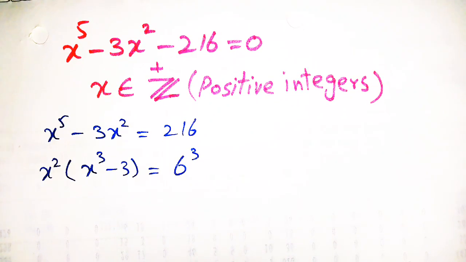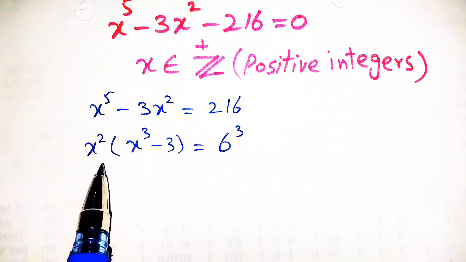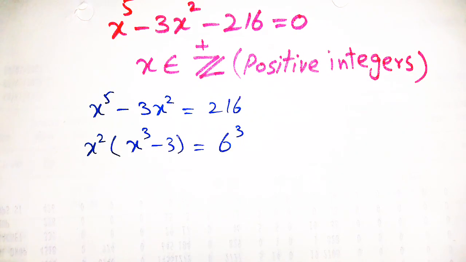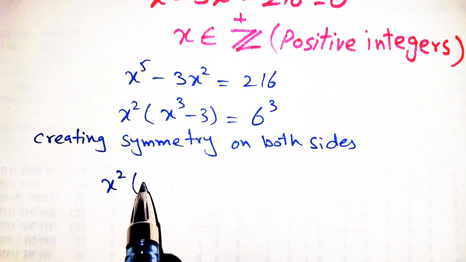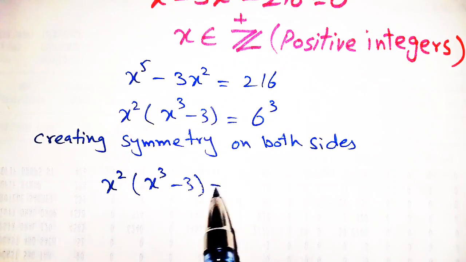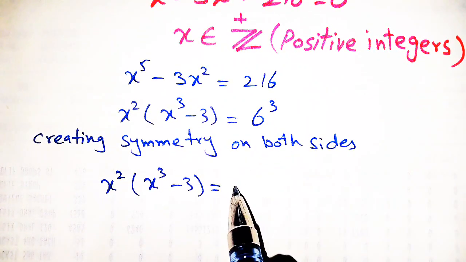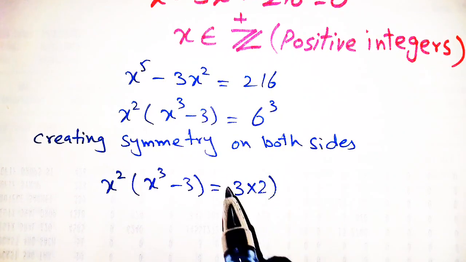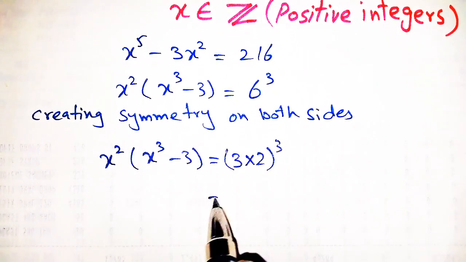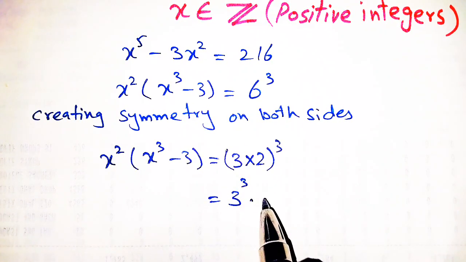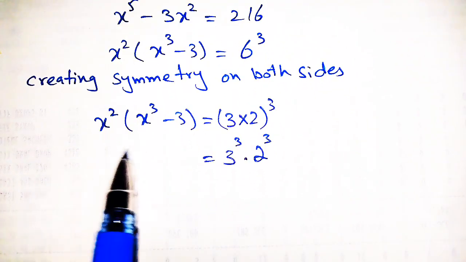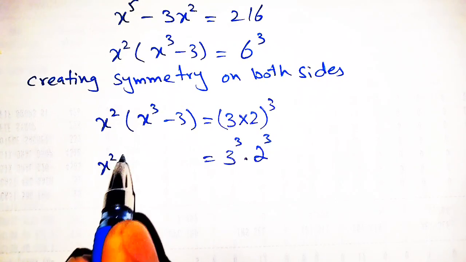Now we will find the roots by creating symmetry on left hand and right hand side. For this purpose we will break this 6 raised to power 3, so we can write the given equation as x square times x cube minus 3 equal to, this 6 can be written as 3 times 2 and whole raised to power 3. Now taking the power separately, 3 raised to power 3 times 2 raised to power 3. Now as on the left hand side the first term has square,